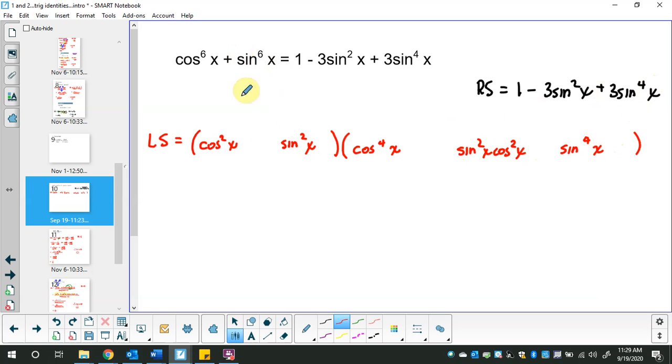You go back to the original question, keep it, change it, always plus. Now one thing I noticed that's really good is sine squared x plus cos squared x is equal to 1. So that quantity there is equal to 1. So I don't even have to write it down anymore because it's 1 times something. So that's very good. So let's focus our attention